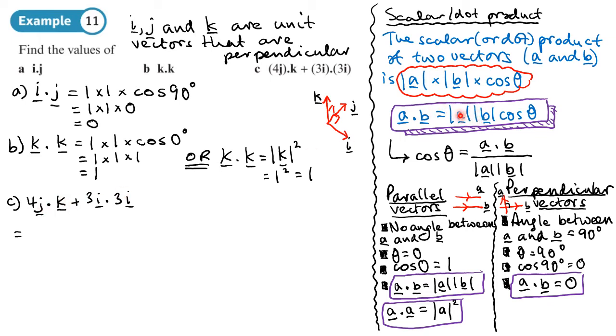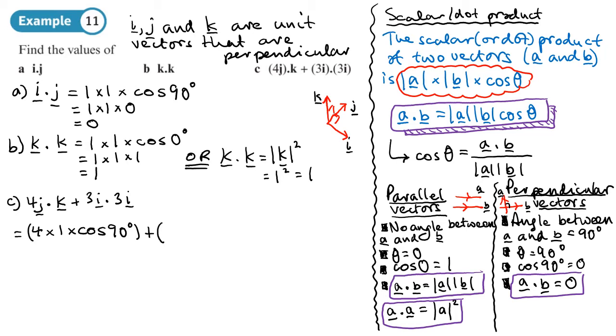Now this time the lengths are not all going to be 1, so the length of 4J is just 4. So it's going to be 4 times by the length of K, which is 1, times by the angle between them, and they're perpendicular, so that's going to be times by cos 90. Cos 90, so that's the first bit,